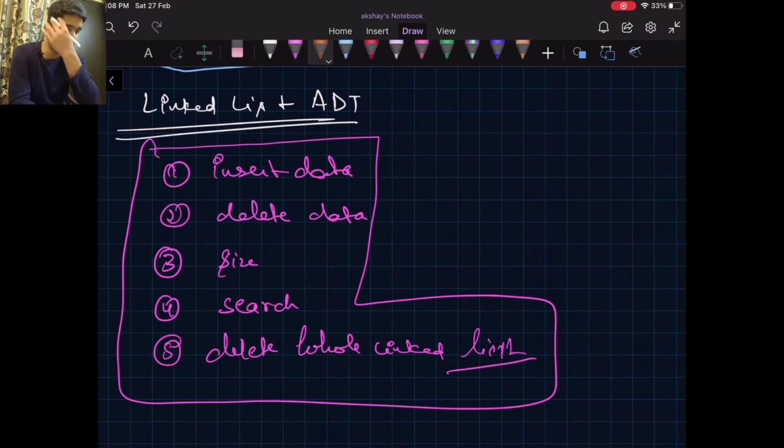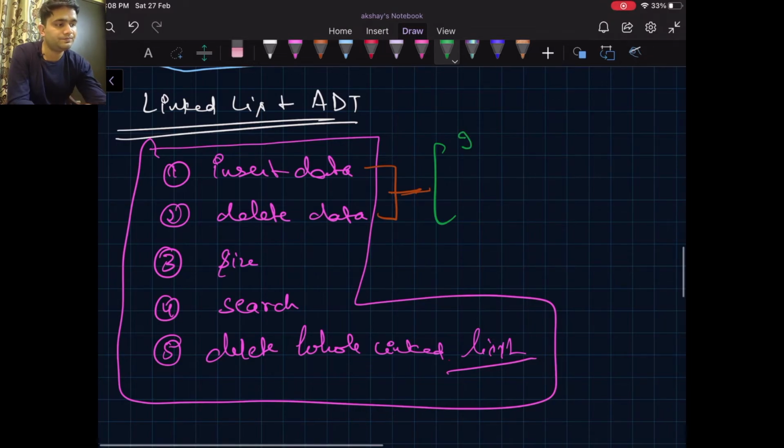So let's start with inserting data and deleting data. There can be three different types of insertion and three different types of deletion. So let's discuss them one by one. So I can insert at the start of the linked list, insert at the start, or I can delete from the start as well.